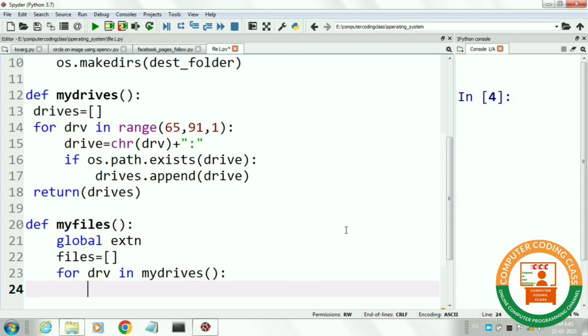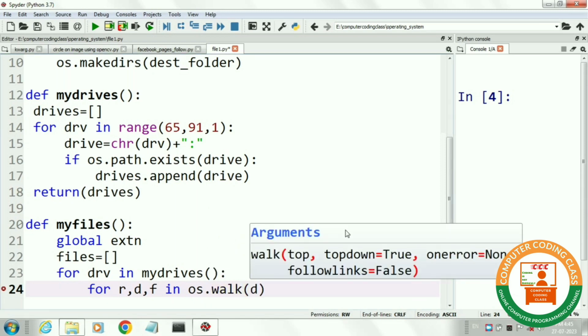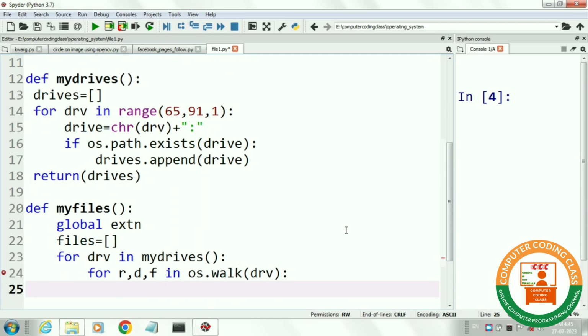Next, we will call os.walk function with for loop that will give all the files of the given drive. It will give us root directory R, subdirectory D, and all the files F. Next, by using for loop, we will read each file of the given drive one by one.